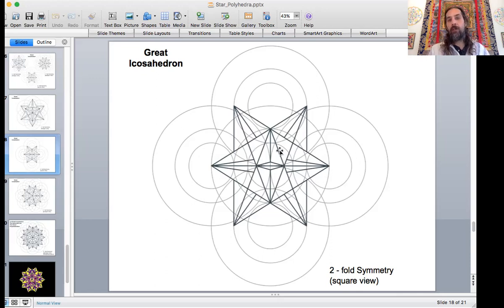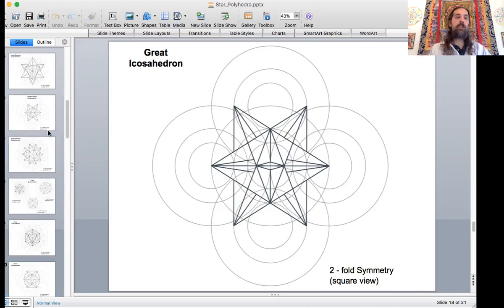So here's another view of this one. You could see the pentagram faces in here, but now we've got these other raised ridges. So very kind of unusual. It's actually the same shape that we're working with as the great